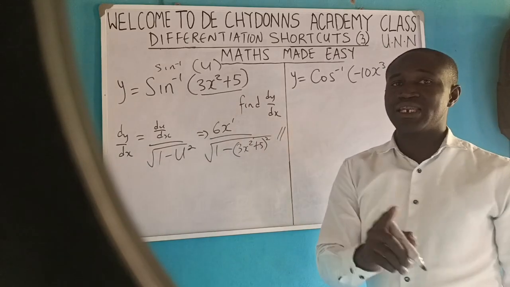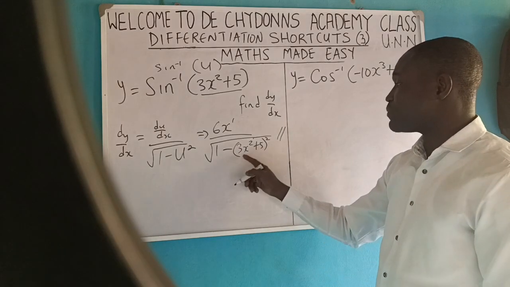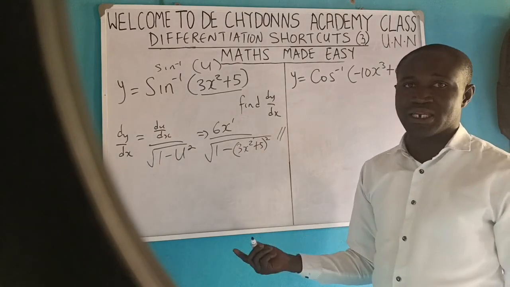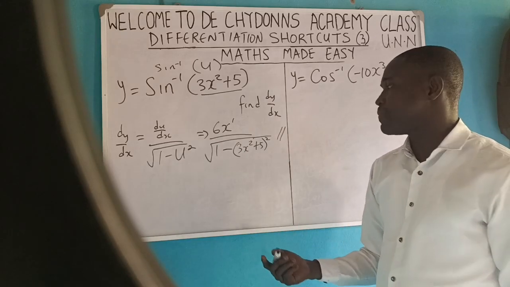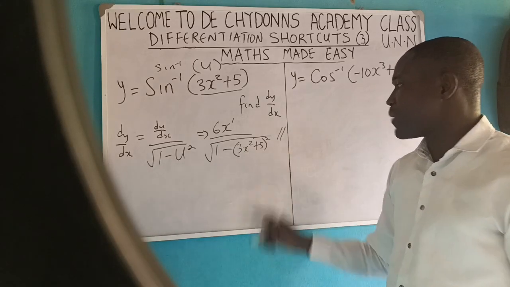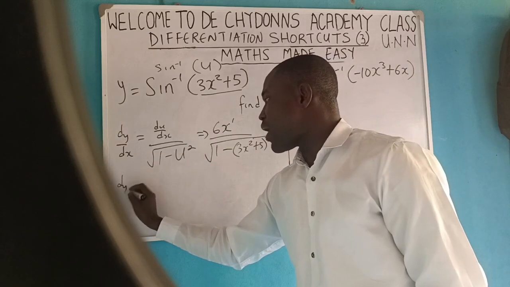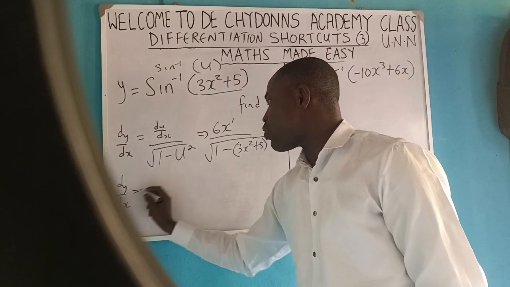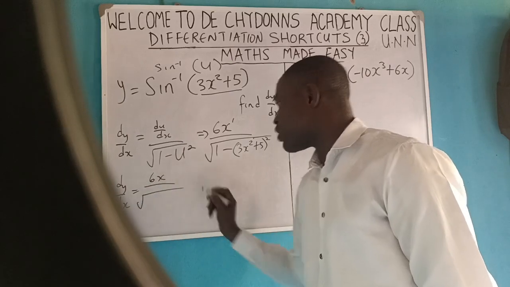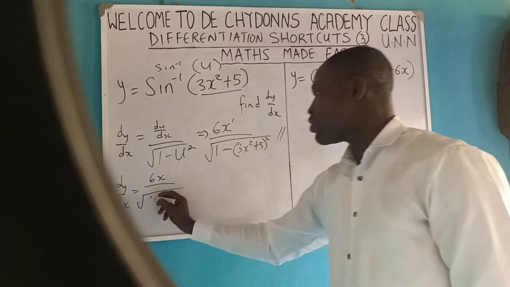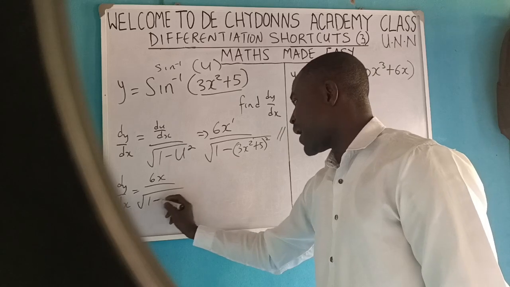And that becomes your answer. So if in the options they expanded this, you expand it. But this becomes your answer. Okay? So how do you expand this? You say dy/dx equals 6x all over square root of, in case they expanded the option, 1 minus